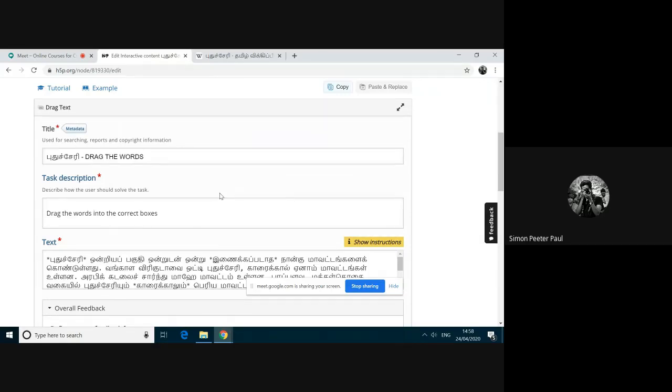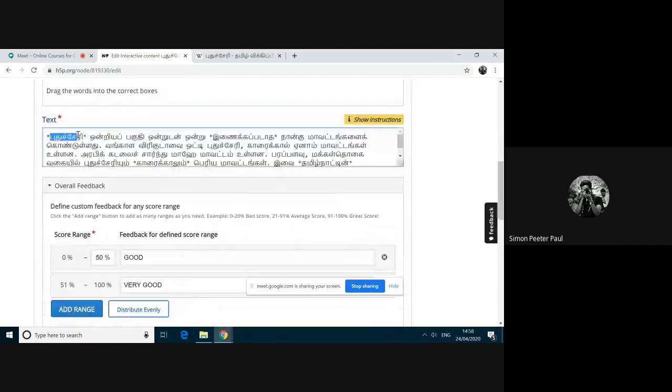Which tab are you asking about here? For the questions, you have to put 2 asterisks, ma'am, for the words. Before and after the word, you have to put 2 asterisks. To upload the text in the particular tab, doubt clarified.